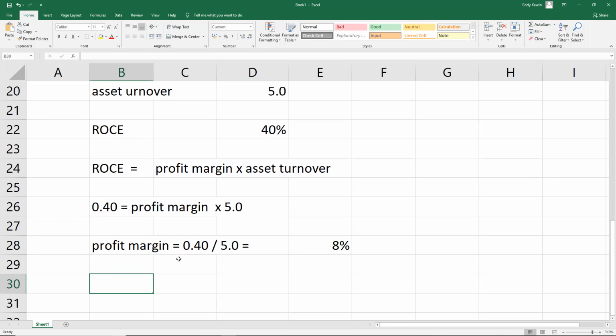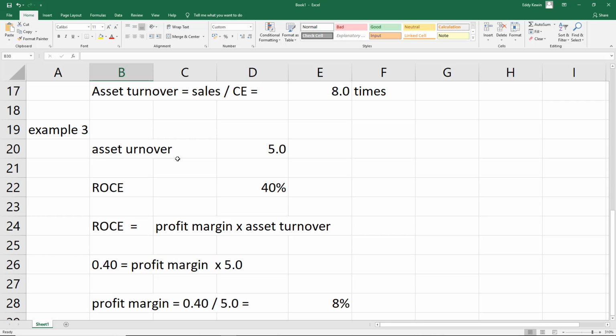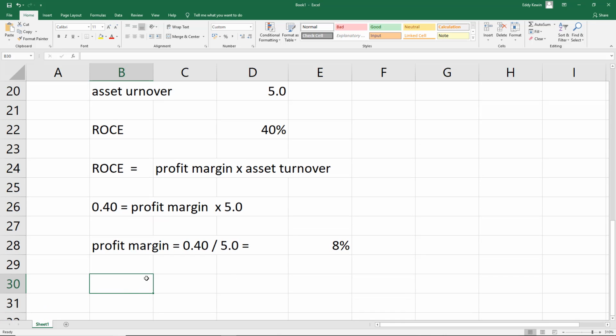Now, if my profit margin is 8%, what I can now do is work out what my net operating profits have to be. So I've got asset turnover is 5. I've got sales of 40 million. So sales were 40 million given in the question. What I can now do is say that my net profit margin